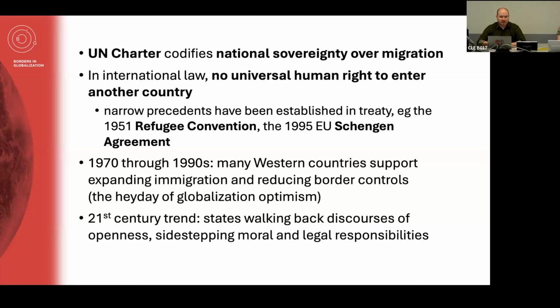How can we think about the global governance of migration from a high level? I think a starting point is to think about the UN Charter, right? In 1945, right after World War II, the UN Charter establishes the United Nations along with a large number of treaty articles for all members to adhere to. And the fundamental principle of the United Nations Charter is national sovereignty. And national sovereignty is prioritized over migration, that's for sure.